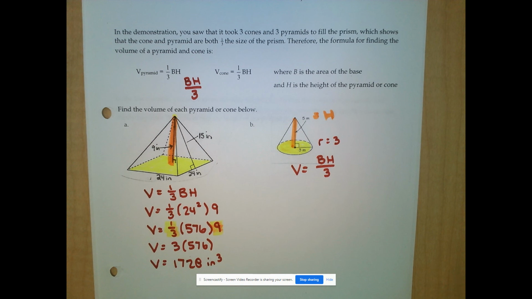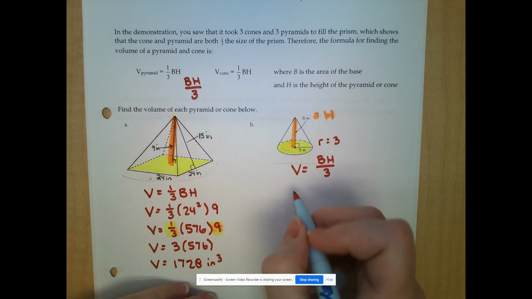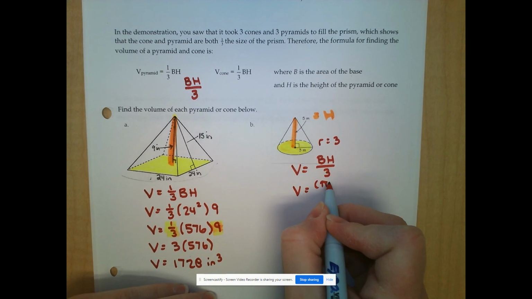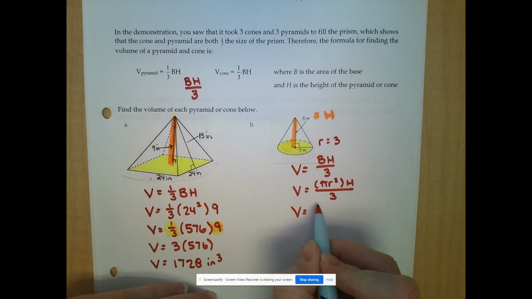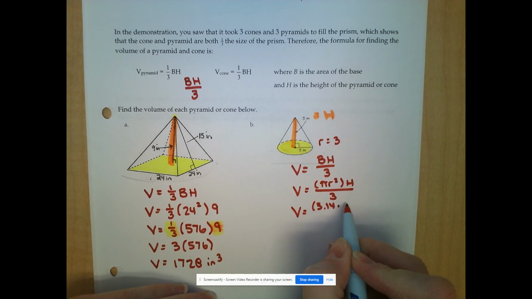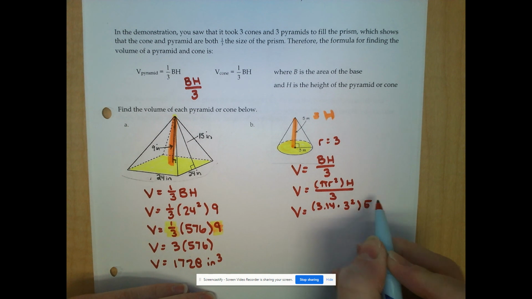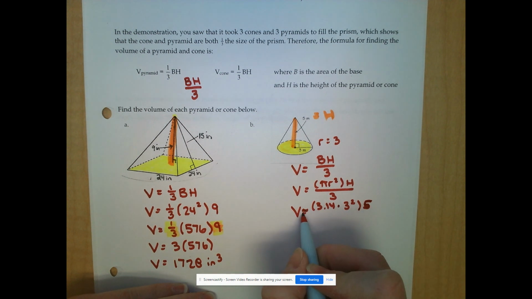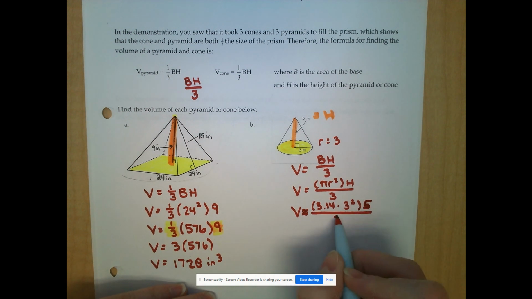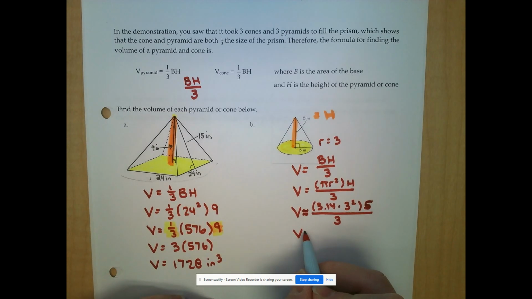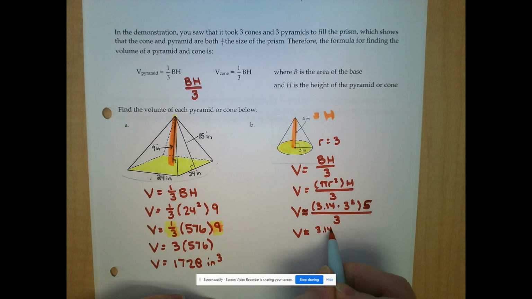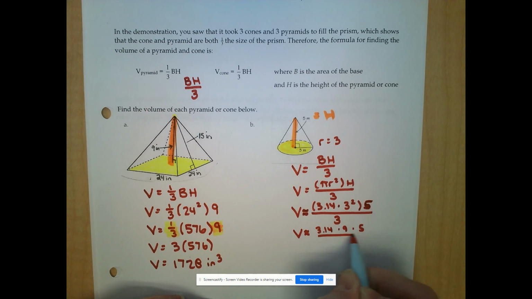All right, so a circle is pi r squared. So this is going to be pi r squared times h, and then divide by 3. So 3.14 times the radius 3 squared times the height 5. And I'm going to switch this to approximately since I used 3.14 and divide by 3. So I'm going to have approximately 3.14 times 9 times 5. And I can do that string of multiplication along the top all in one step. I'm going to get